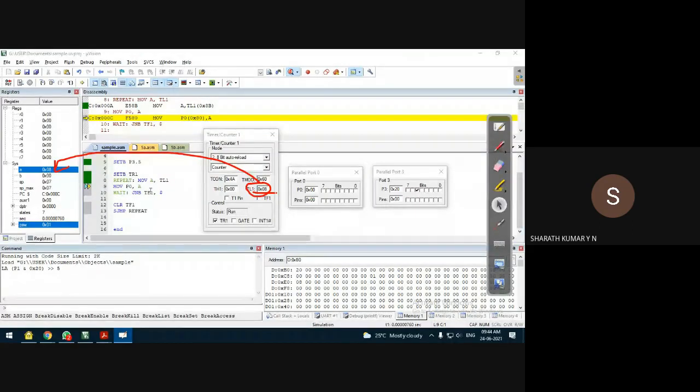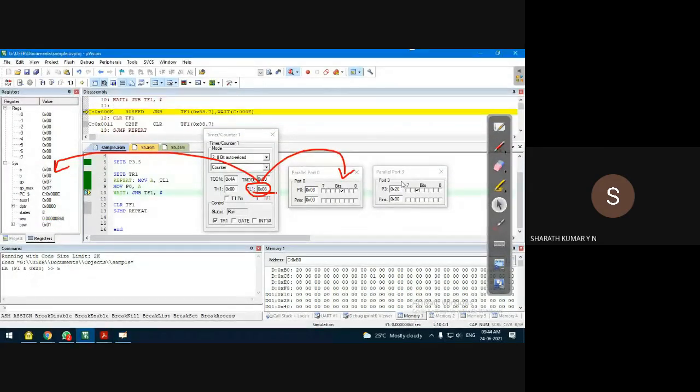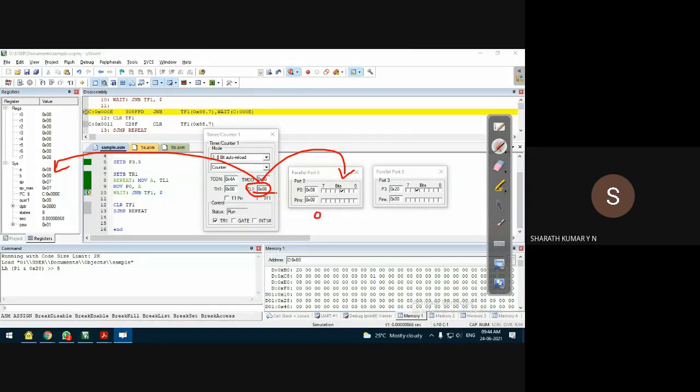In the next instruction execution, the same thing will also be copied into Port 0. Let us observe this. F11 on my keyboard. Port 0. Yes, it is 8 actually. Please observe this. Why is it 8? 0 0 0 0 1 0 0 0. It is 08H, correct. But what happened to the lower row? Lower row is reset. That means we are not applying clock pulses on the Port 0 pins. Only the internal memory is affected. Only the internal memory will be loaded with the data from the lower byte of Timer 1, which is acting as a counter.